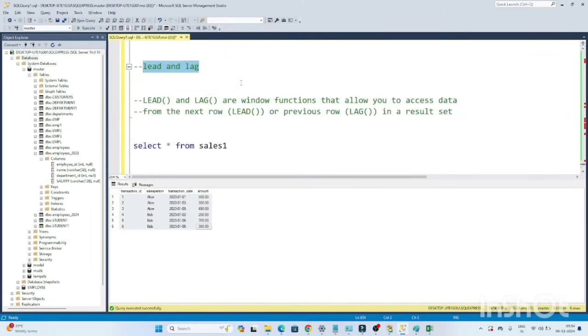Hello everyone, we are going to continue our window functions topic, and in this video we are going to learn about lead and lag. So let's learn how we can use the lead and lag functions in SQL. Lead and lag are window functions that allow you to access data from the next row or previous row. For example,